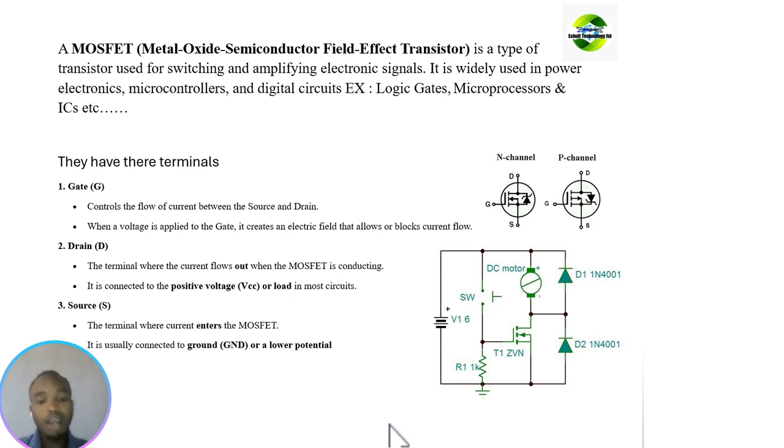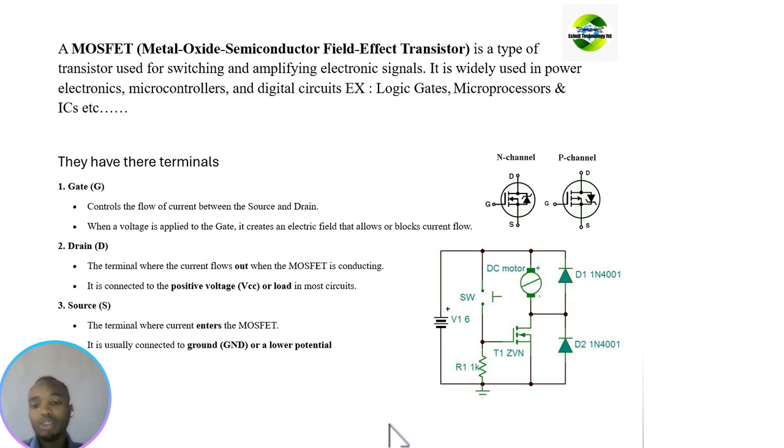It means that MOSFETs are included in the components that build the microcontroller. In digital circuits, here we have an example of logic gates. There are many logic gates like the AND gate, OR gate, NOT gate, and others. Microprocessors are the same as microcontrollers: they have many electronic components embedded in them.